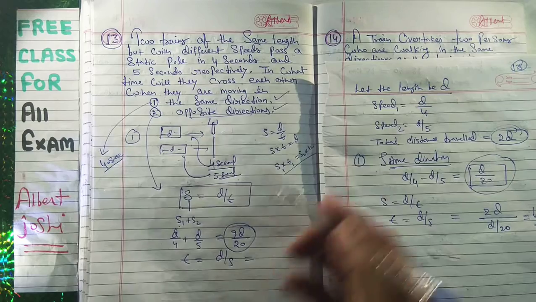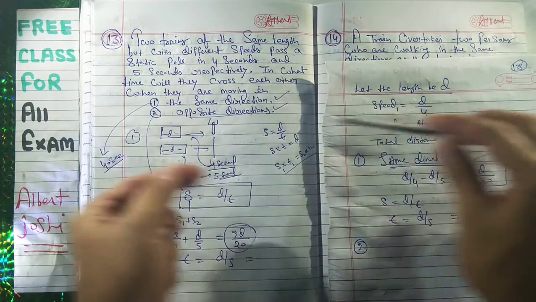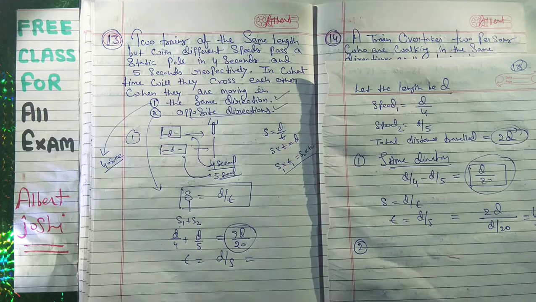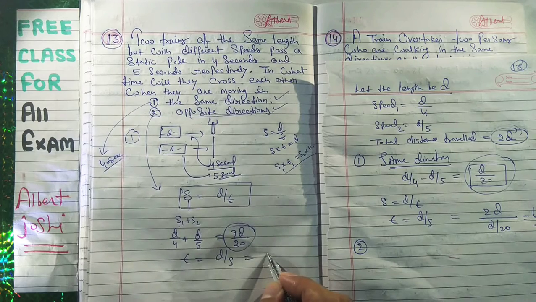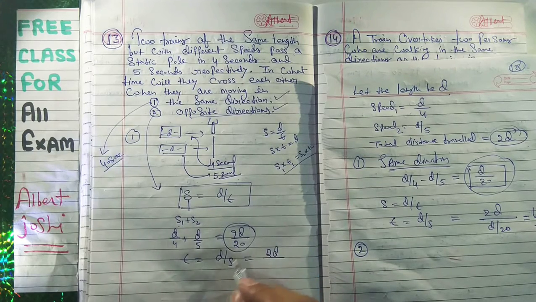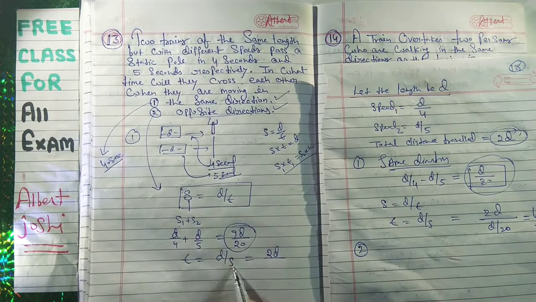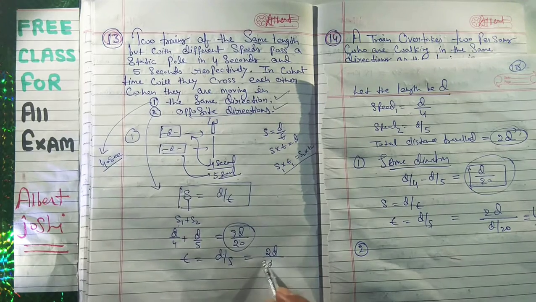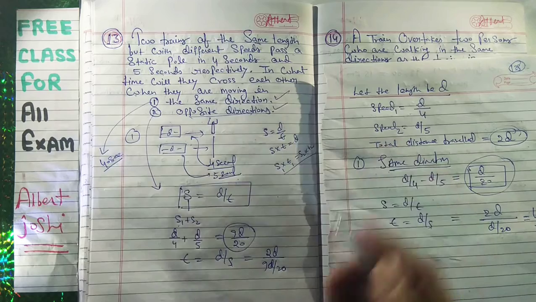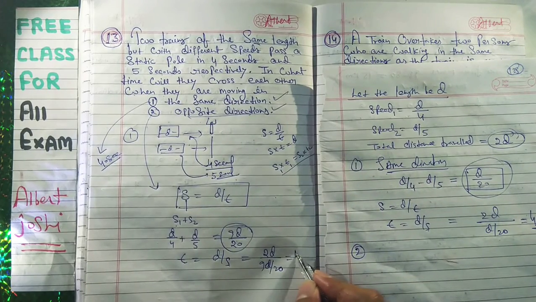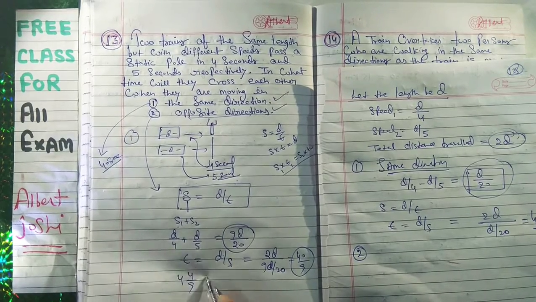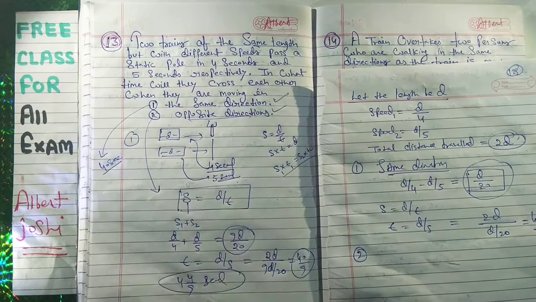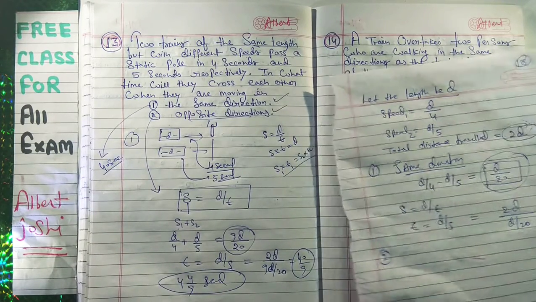So what is the total distance when they are in the opposite direction? In this condition also, the length of the first train plus the length of the second train, D plus D, is 2D. Time is equal to distance upon speed, and the speed is 9D upon 20. So you get 2 times 20, 40 upon 9 seconds. This is your answer. Very simple. You have to use your high school knowledge.